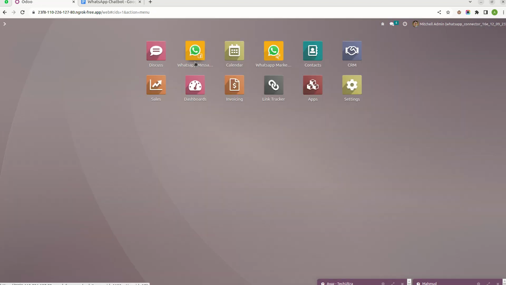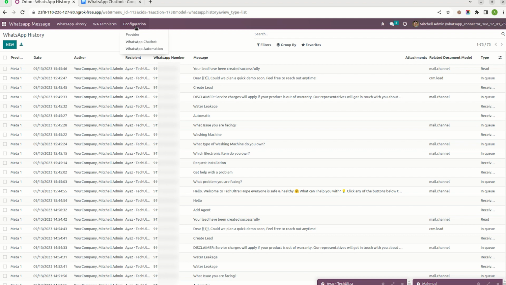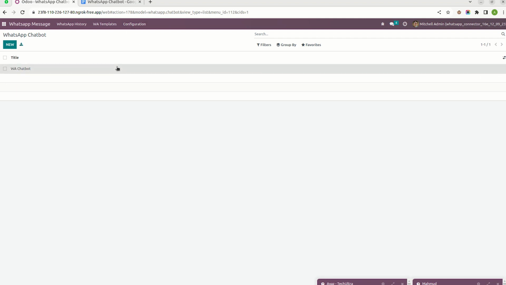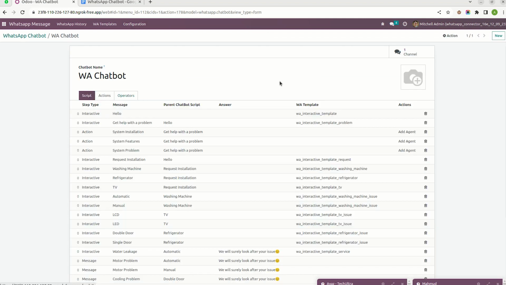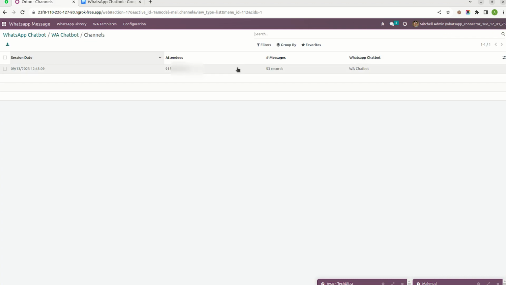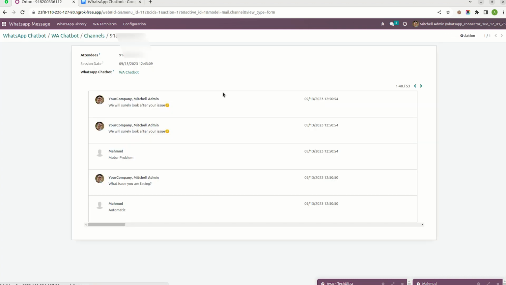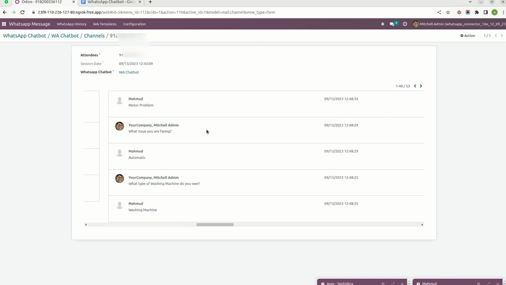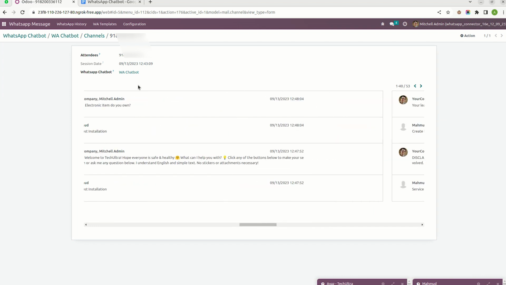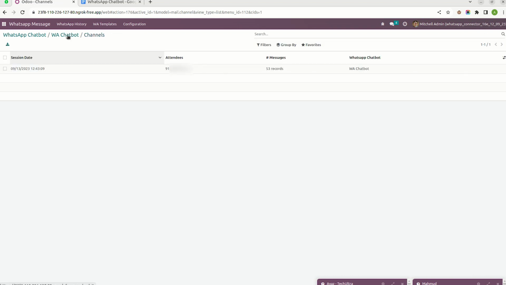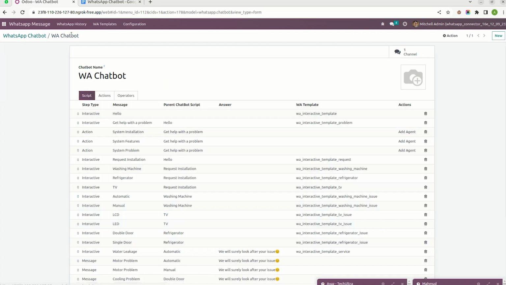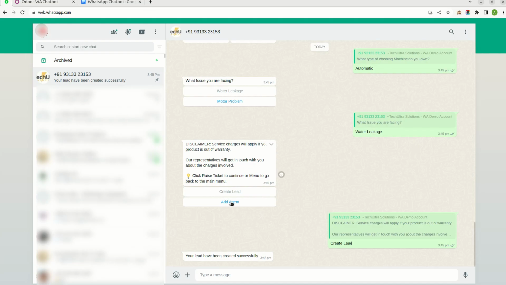Here if I go again to the WhatsApp chatbot and click on the particular chatbot, I can see, if I click on the channel, the list of history showing that particular user as well. You can see the particular chatbot history as well. The number of users who have chatted with that particular chatbot will be shown in the history as well. Okay, and if I click on add agent, for example,